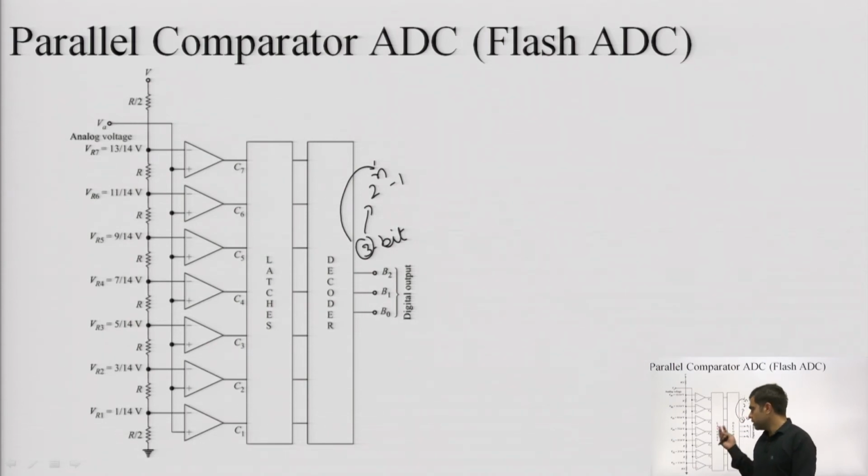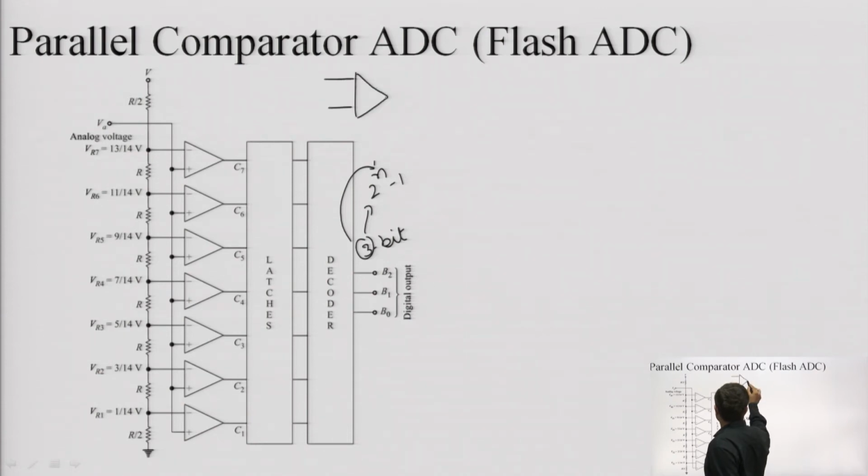And what is this comparison? The op amp has been used in inverting or non-inverting configuration in DACs, but here we are applying both. We are applying input to both the terminals. So in that case, this op amp will be deciding whether the input is greater than or lower than.